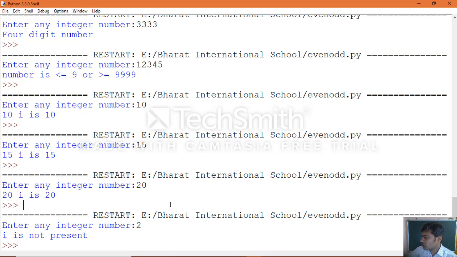Same way, you can execute whatever examples were specified in the textbook, for all the decision making statements, if statement, if else statement. They were given some examples in the textbook. All those examples you can execute and practice to learn how you can make use of the different forms of the if statement. First one is simple, just only if condition checking. If it is true, the following statement executes. If it is false, then there is no output.